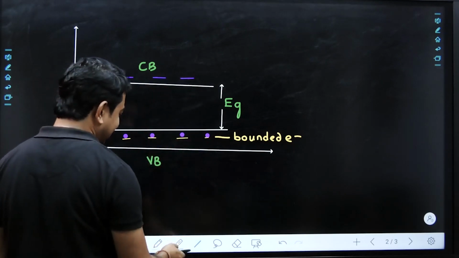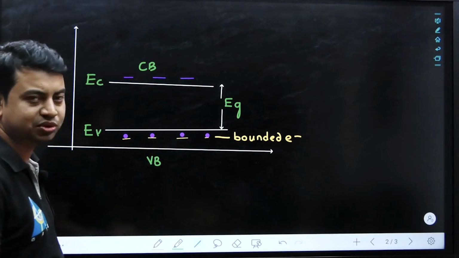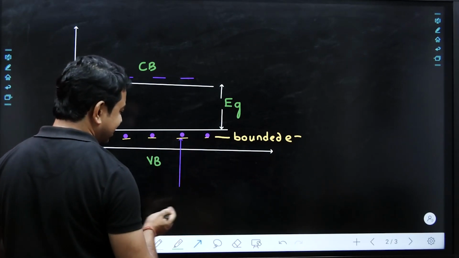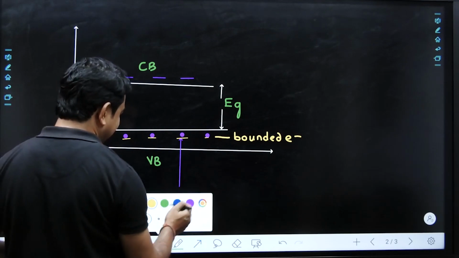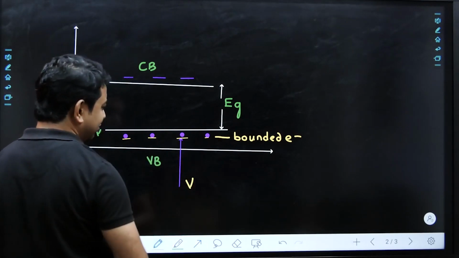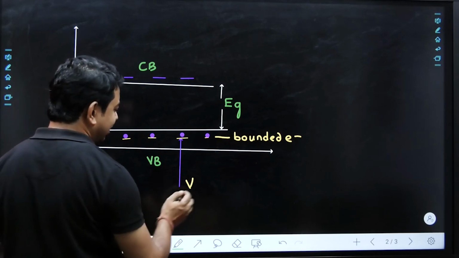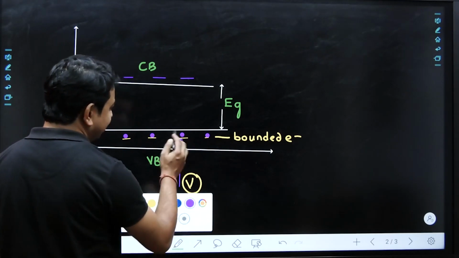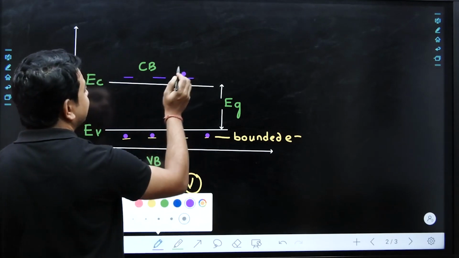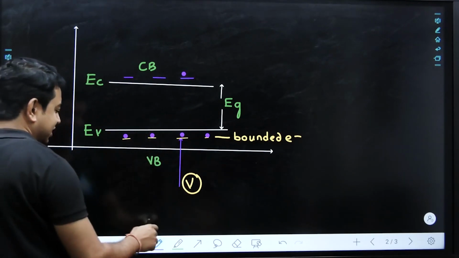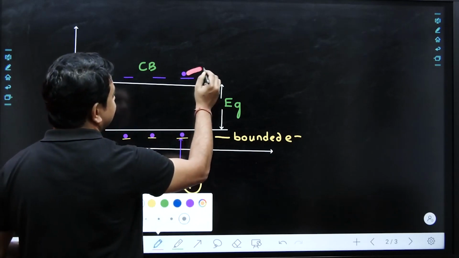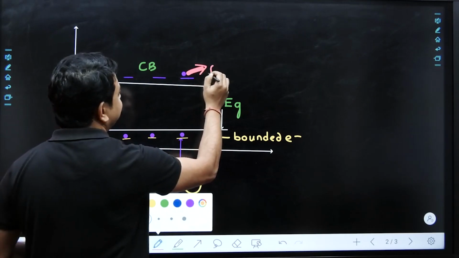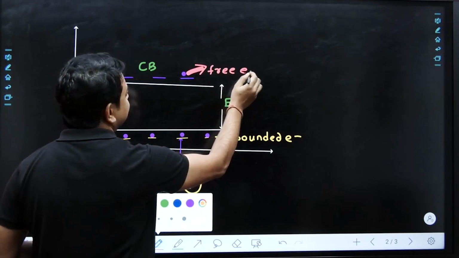We have some states here also, and we don't have any electrons here right now. Suppose we supply some energy from an outer body, from any voltage source. This electron may get a sufficient amount of energy from this voltage, escape from the valence band and move onto the conduction band. So now the electron is here. This electron is called a free electron.